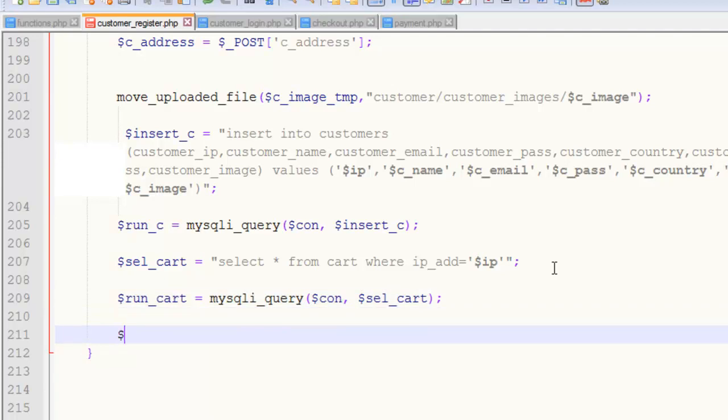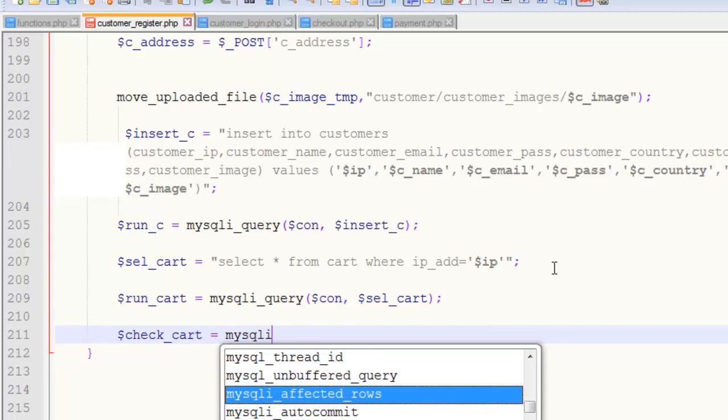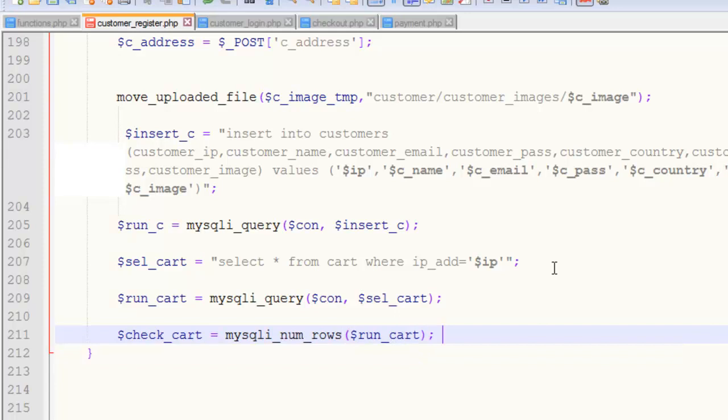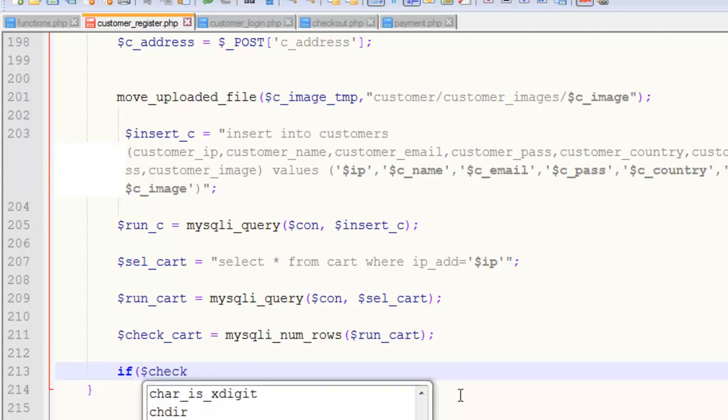Now we will say check_cart, and we will use mysqli_num_rows to check whether it has an item or not. Run_cart. We are now checking, and we will now use an if statement. If check_cart